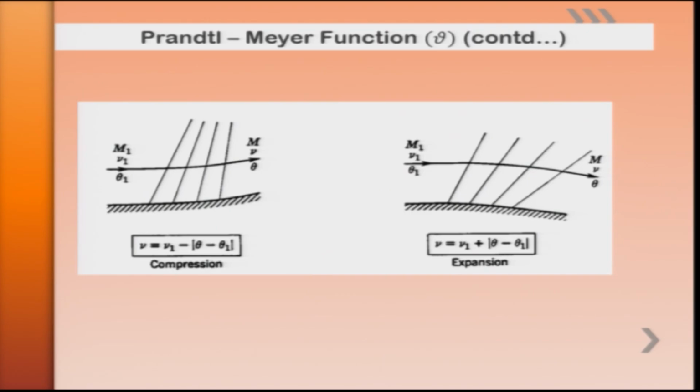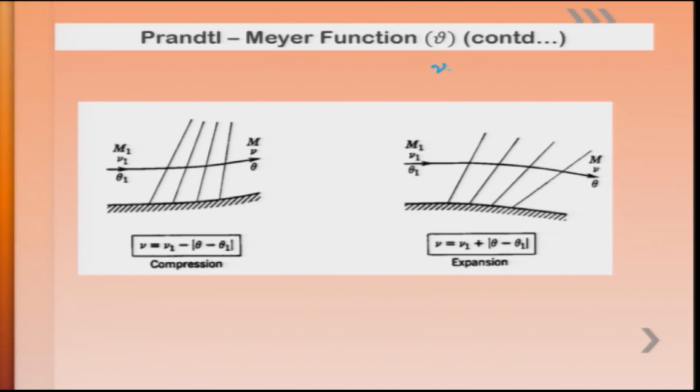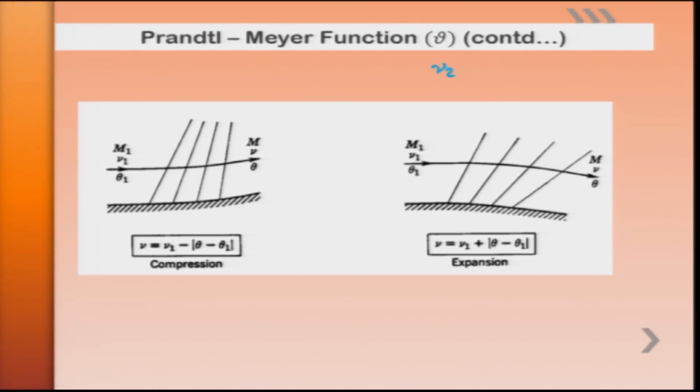Now what I said just now: the downstream Mach number, let us say I am representing nu 2, which essentially I mean at Mach number 2, M2, is calculated from Mach 1, that is M1, sorry, plus or minus theta. Here theta, or delta theta, is the flow deflection angle. Now there is the case when we consider the minus sign and when we consider the plus sign. So when nu 2 is equal to nu 1 minus theta,